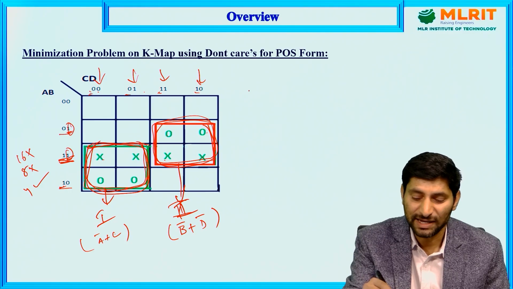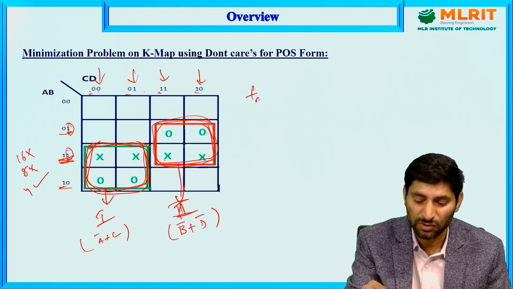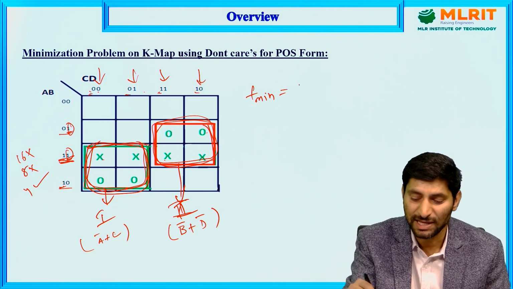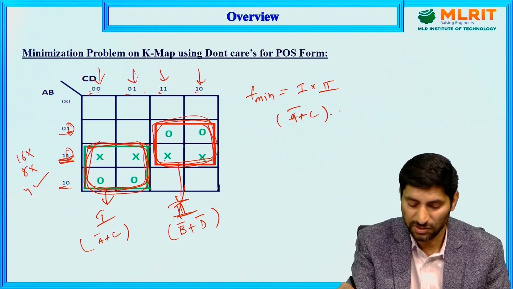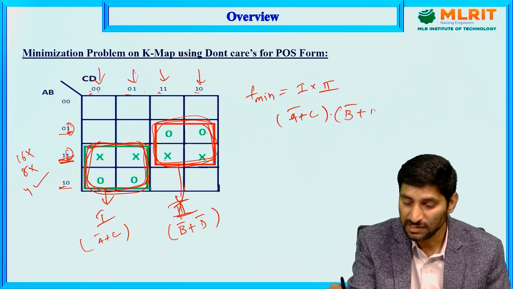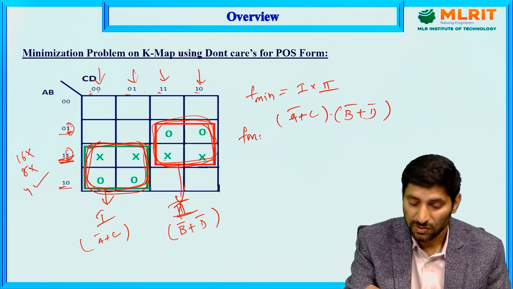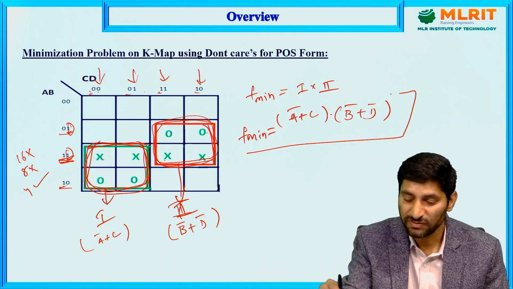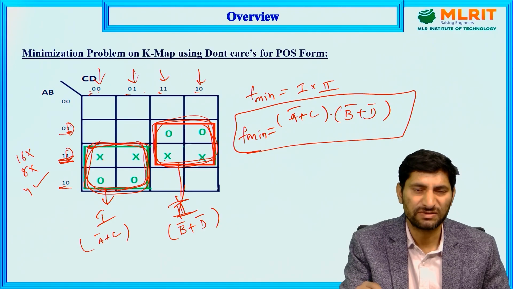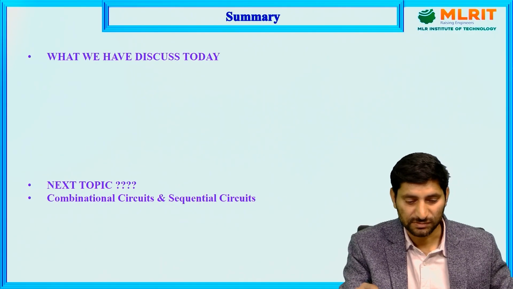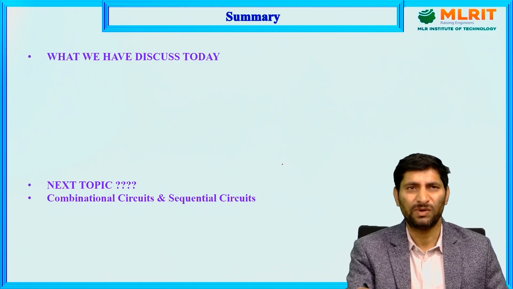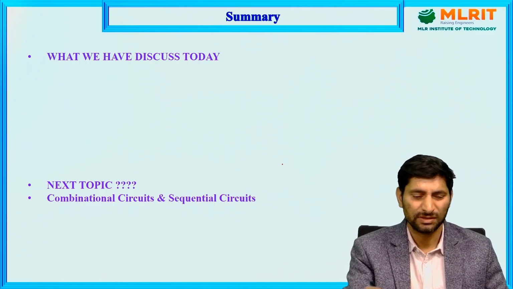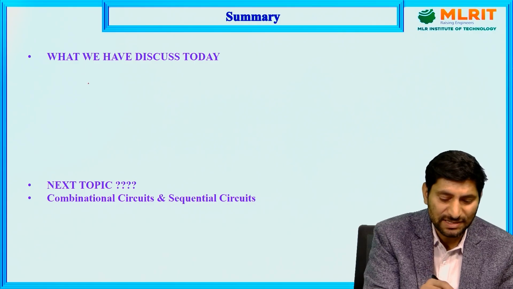So now finally, from group 1 and group 2, I got the minimized term as 1 into 2. So this is A bar plus C into B bar plus D bar. This is the minimized function for POS form. Like that we can do it for 3 variable, 4 variable, 5 variable, whatever it is, even 2 variable. Okay. So today we have discussed